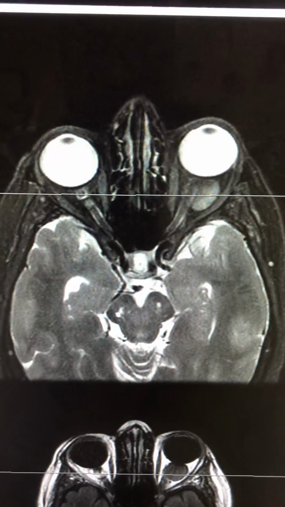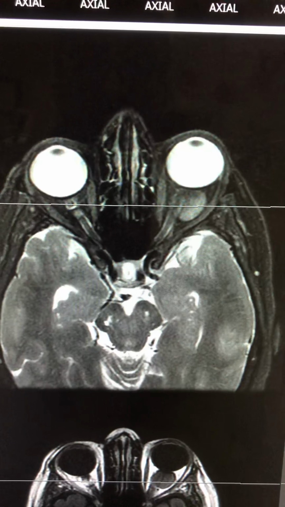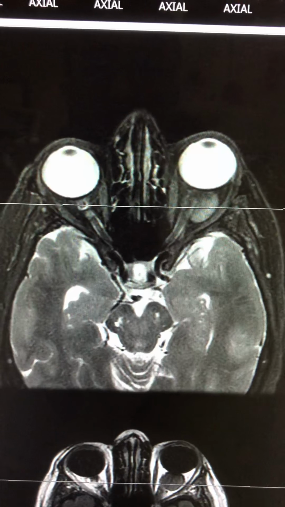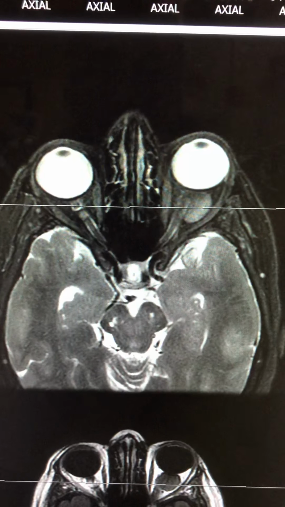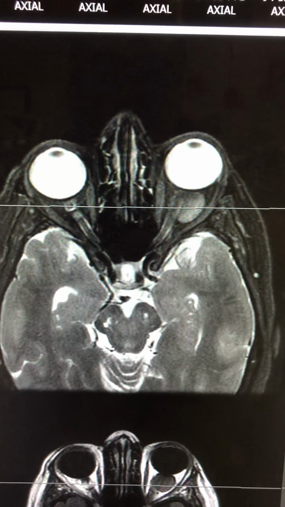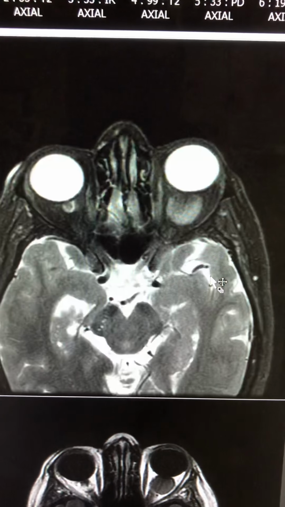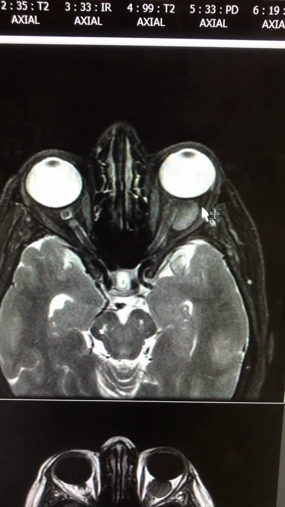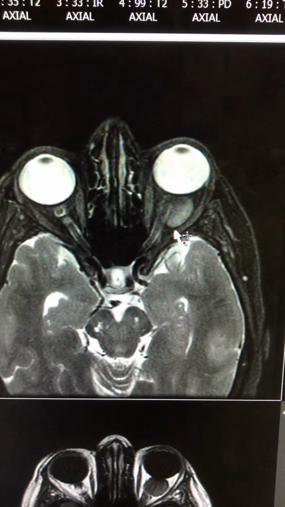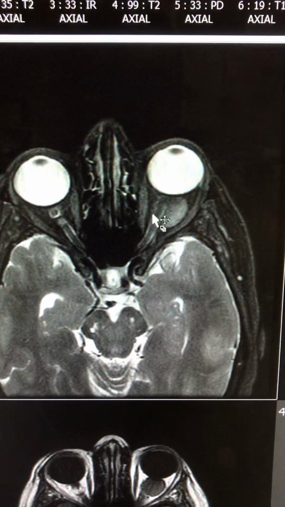This is a 55-year-old patient who presented with visual symptoms on the left side. MRI was done for her, and it showed this mass. This is an axial thin cut T2 with fat saturated images through the orbits, and you can see this mass